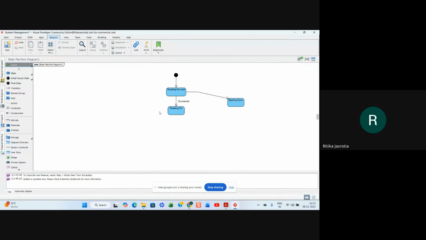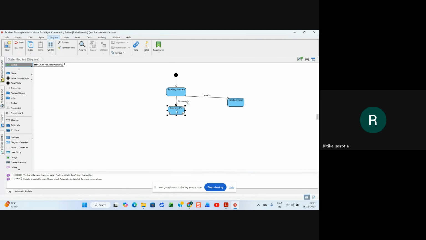Something like that. So if the pin is successful, so here you can say it is unsuccessful or invalid, whatever you want to write. Invalid card was there, right?